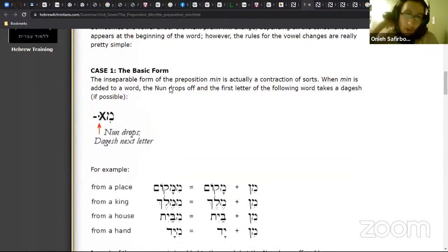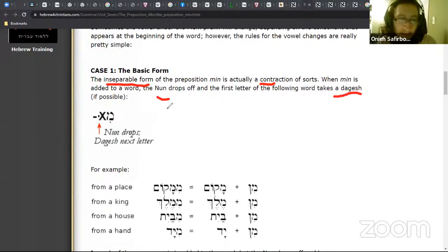Yeah, so the basic form, the separable form, it means it has to be part of a word. It's actually a contraction. The noon drops off into the first letter of the following word. Oh, we don't care about that. That's a vowel mark. But so